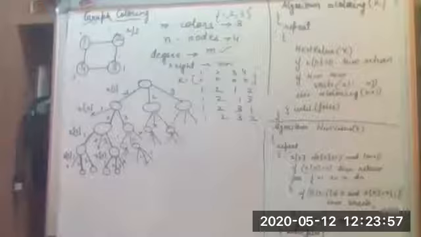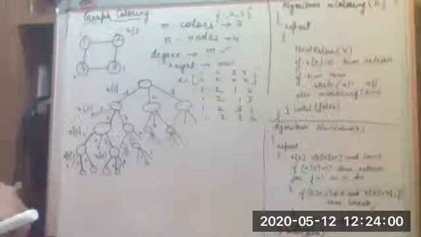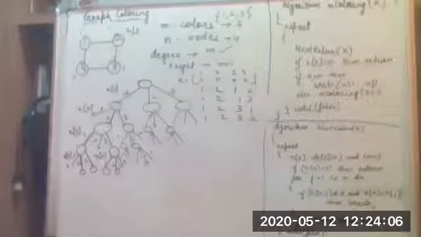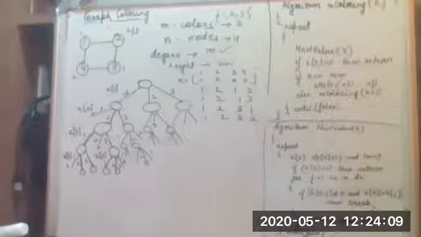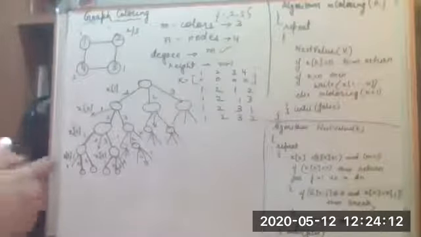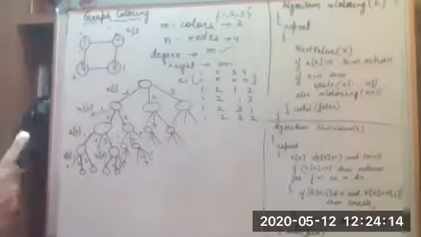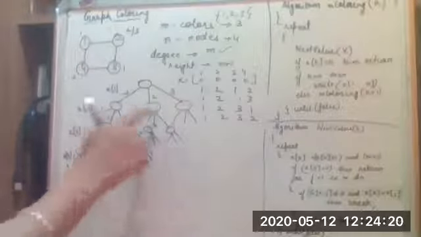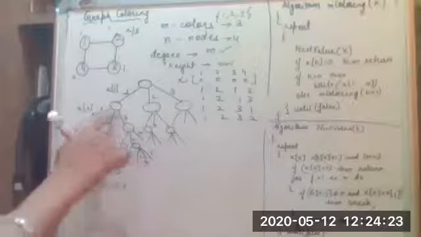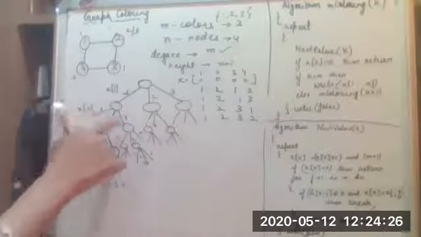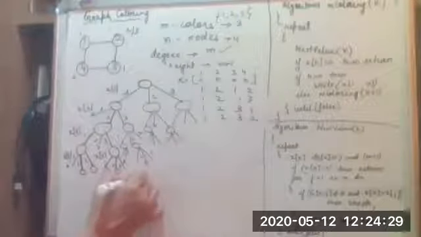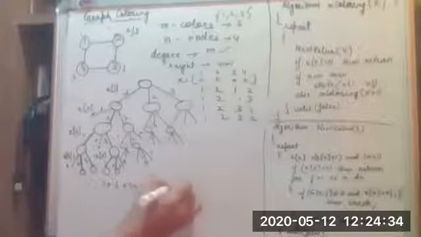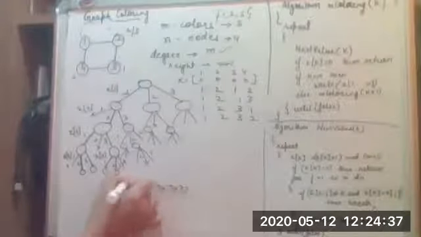Now to find out the solution for the graph coloring depends on the complete state space tree that you are generating. So it depends on how many number of nodes that you will get, internal nodes. Yes. So the complete set of nodes that you have here is, at the very first layer you have one node, then you have 3 nodes, then you have 3 into 3 because each node is again divided into 3. So 3 into 3. At this layer, again it will be 3 into 3 into 3. I hope this is clear.